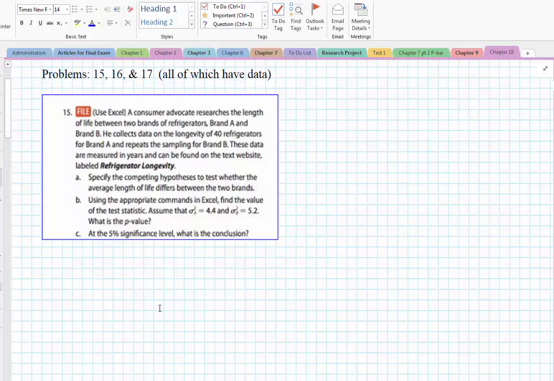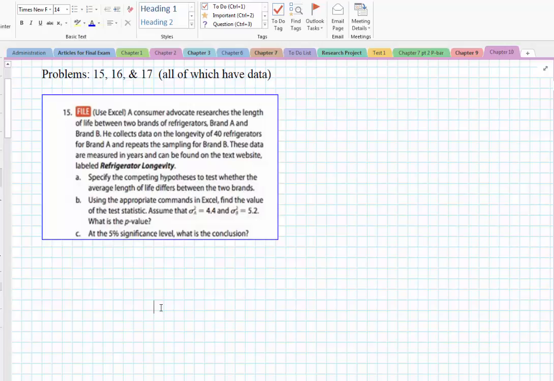So part A is we want to specify the competing hypotheses. So in this problem, what we're trying to do is determine if the refrigerator longevities between brand A and brand B differ. So the assumption is they do not differ, and so what we want to do is test the hypothesis that